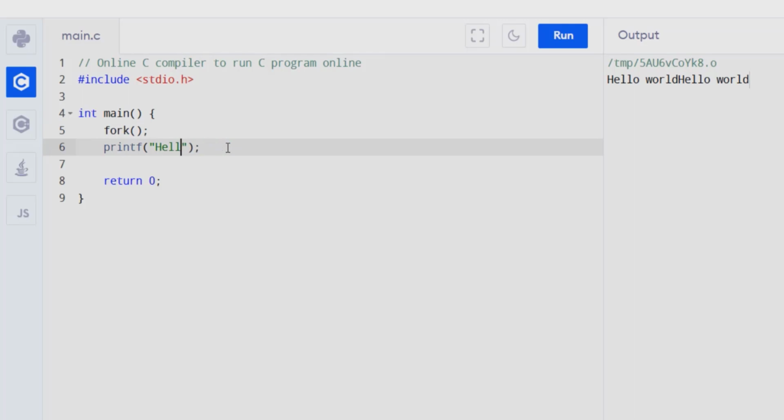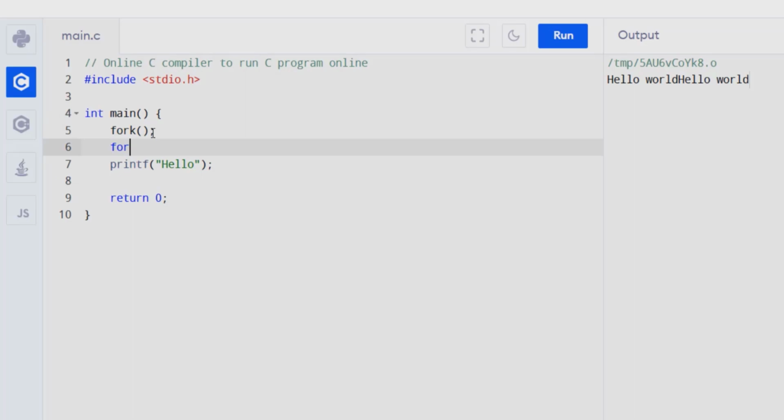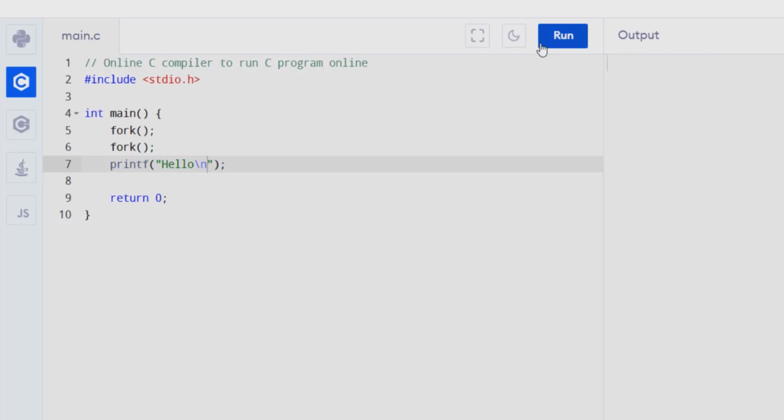So let's remove this, and I am adding one more fork statement. This time it prints 4 hello.